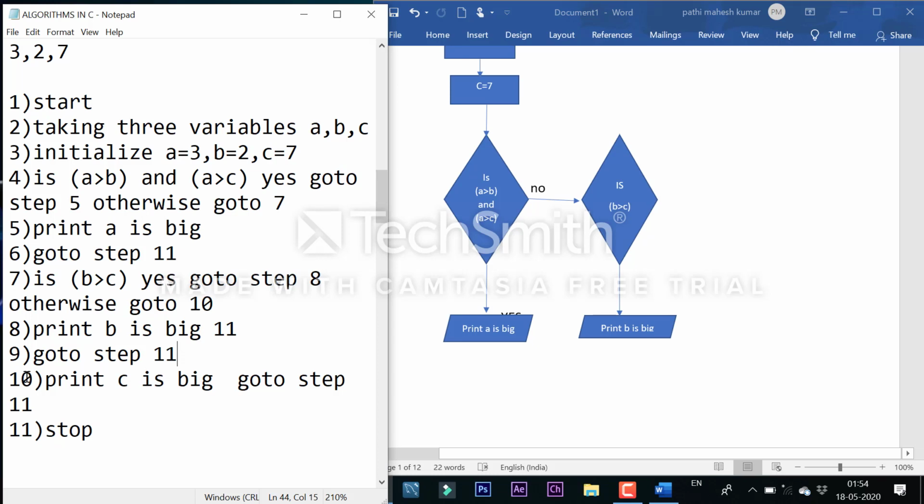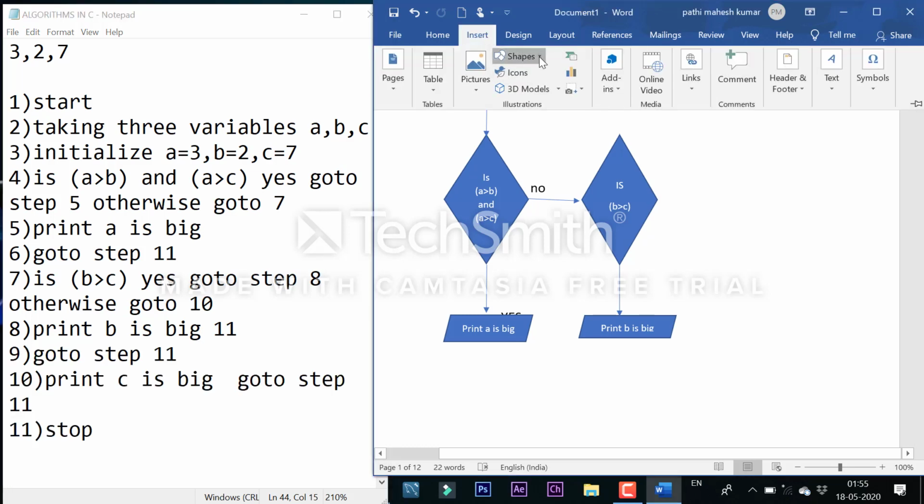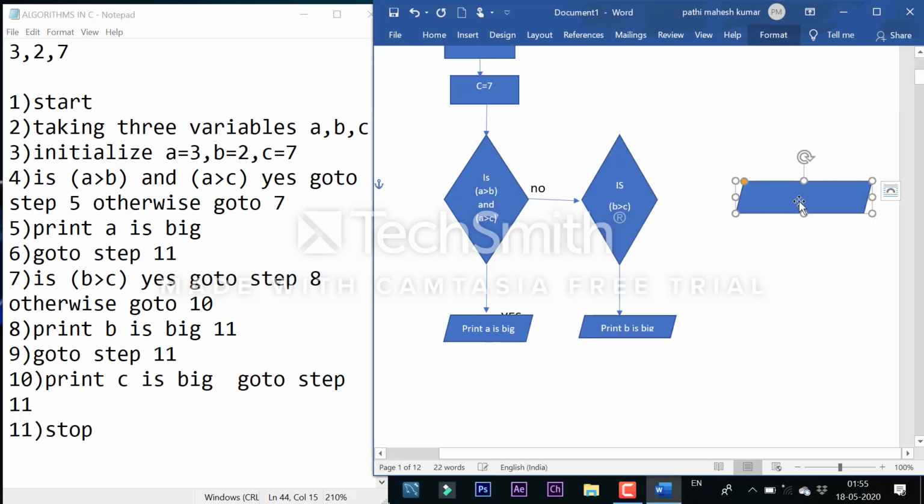And the 10th step is print C is big. Directly I am printing C is big. I am connecting the control flows again.